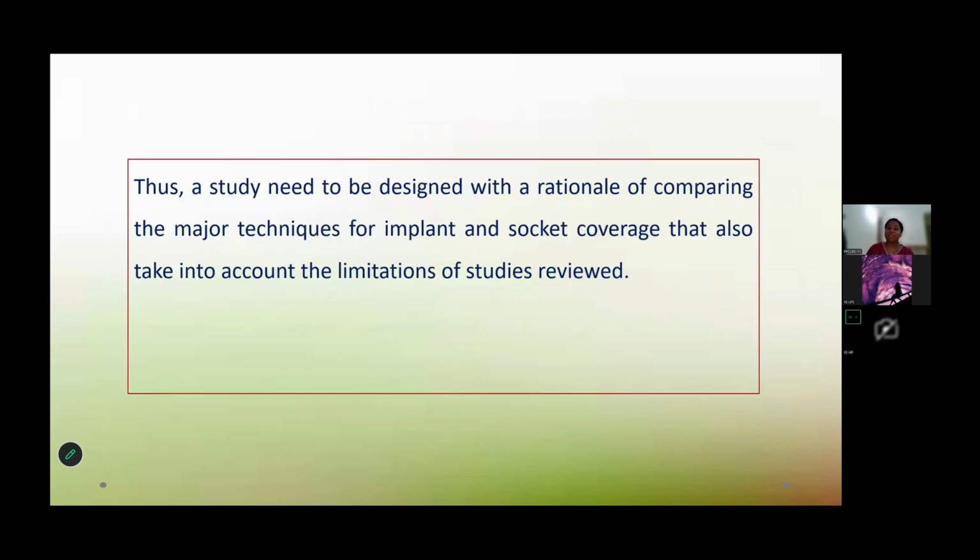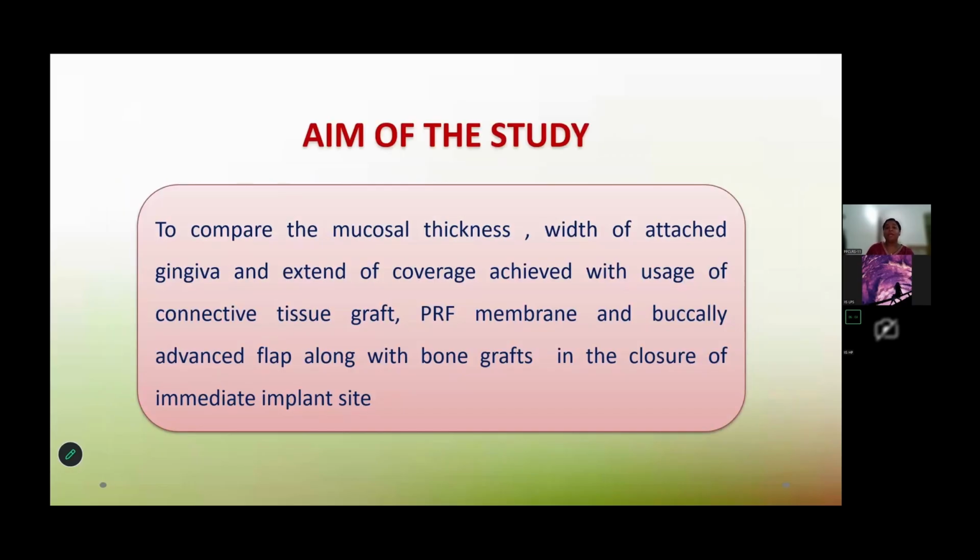Thus, a study needs to be designed with a rationale of comparing the major techniques for implant and socket coverage that also take into account the limitations of studies reviewed. Aim of the research was to compare the mucosal thickness, width of attached gingiva, and extent of coverage achieved with usage of connective tissue graft, PRF membrane, and buccally advanced flap, along with bone grafts in the closure of immediate